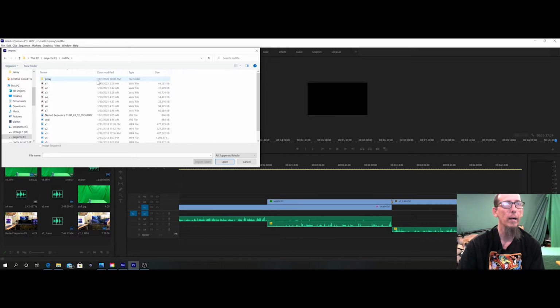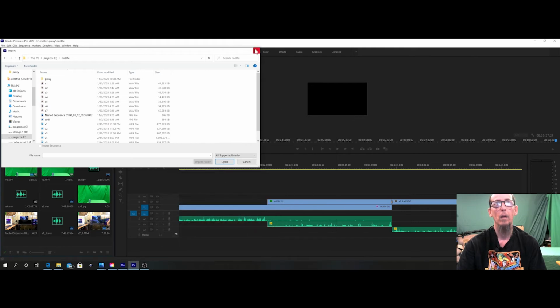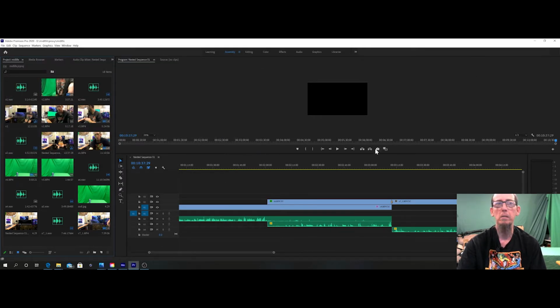Whenever you bring your video files over to Premiere, you always want to create proxy folders, so whenever you're actually doing your editing, it runs smoothly through the timeline instead of jitter jatter, because it'll play for 5 seconds, then stop if you don't do that. And the media encoder right here is where it all goes, it encodes that media. The folder goes in there temporarily, that way you can do your editing. So that's the premise behind